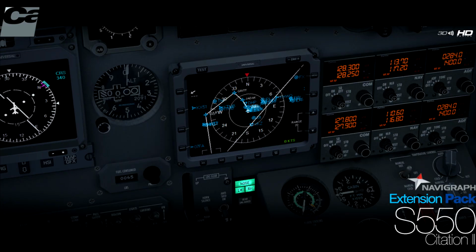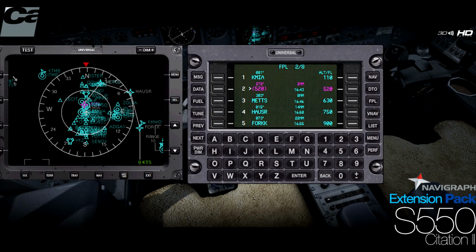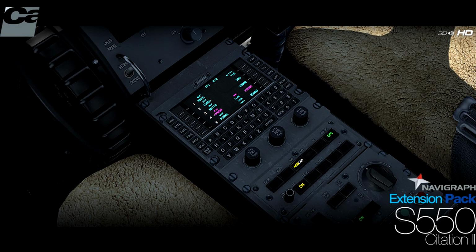Next up, Coronado are now supporting Navigraph on their products. They have just released the Navigraph S550 Citation Expansion Pack. This has a special reduced price for the next week or so of just $5.95. And it adds to the Cessna Citation a fully working universal FMS, SID and STAR support, RNAV, ILS and VOR approach support, VNAV and LNAV auto navigation modes, and at last means the S550 can be flown the way it's